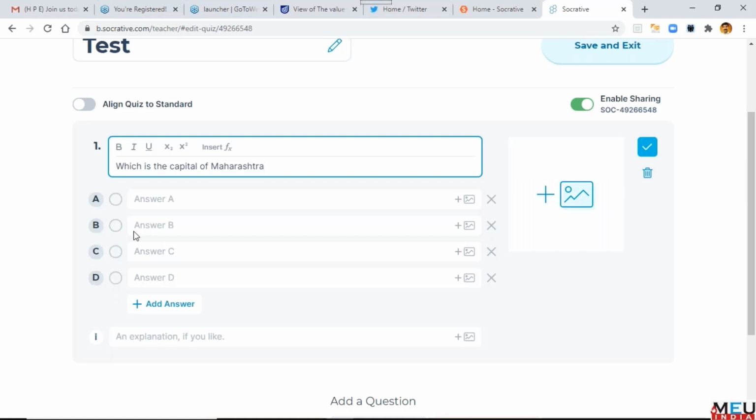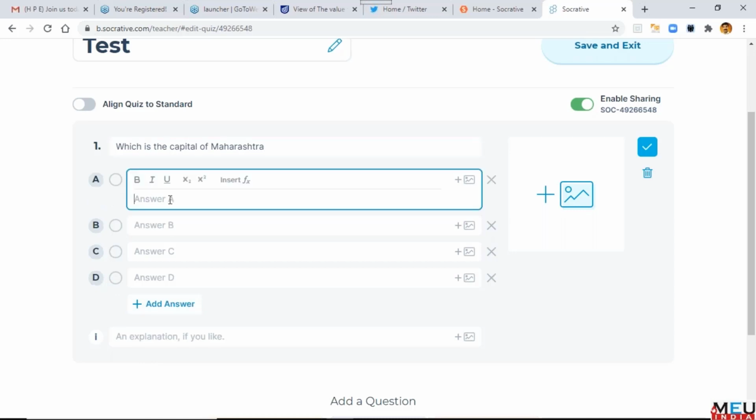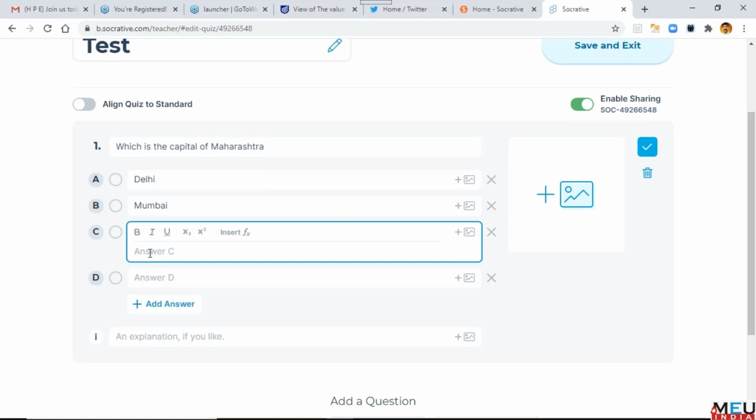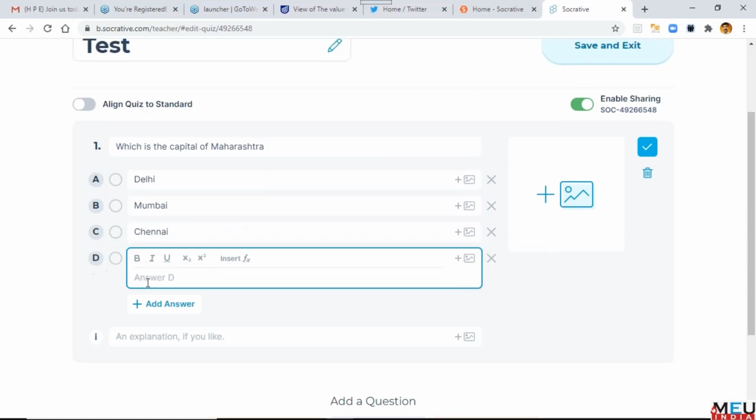You can have D, E, and keep adding options.